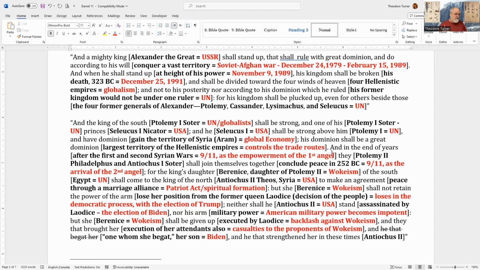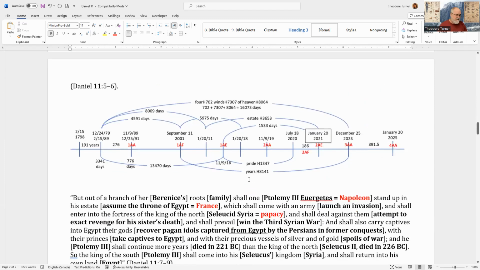Then we're going to see, once we get to 9/11 and Islam comes into play, so Islam then attacks the United States, which parallels August 11th, 1840. This becomes an empowerment of the first angel. And then Ptolemy II Philadelphus and Antiochus I Soter. So obviously you still have, so you have now the Ptolemy II. So Ptolemy I has passed away by the time they have this alliance where they conclude peace between them because of these wars. And you have Antiochus I, and he's going to be, if we just look at these kings down here,